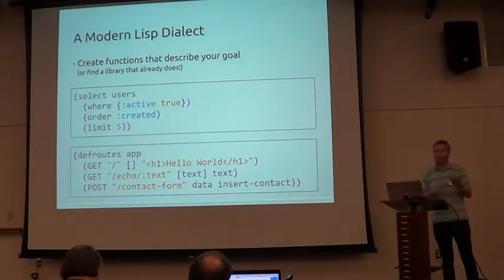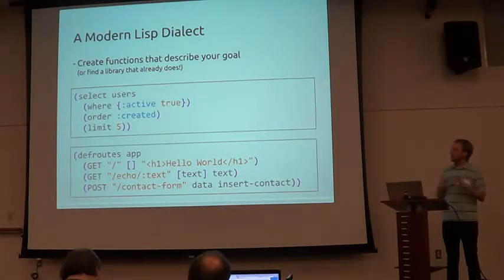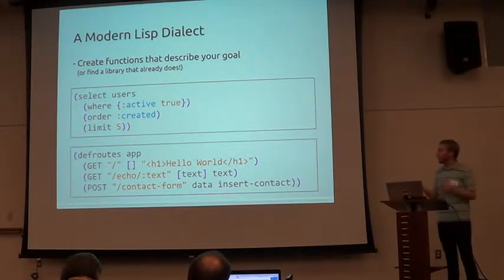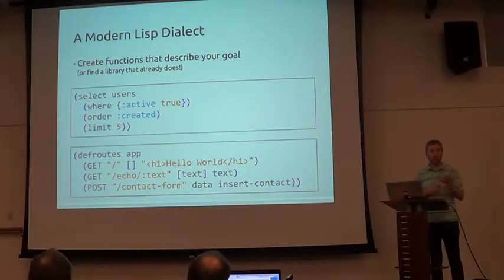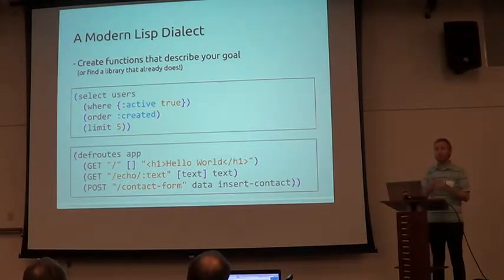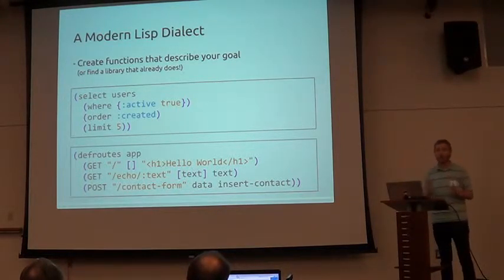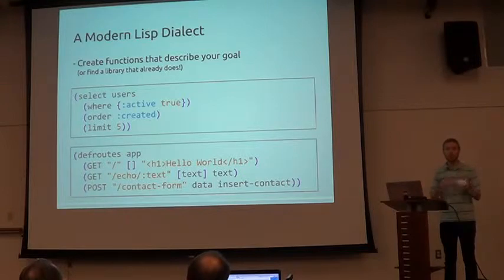So one of the benefits about Lisp is there's really not too much syntax, right? Everything is just taking lists and nesting them together. So if you pay attention to what you call your functions, the API that you're building as you're writing a program, you come up with really beautiful abstractions and domain-specific languages